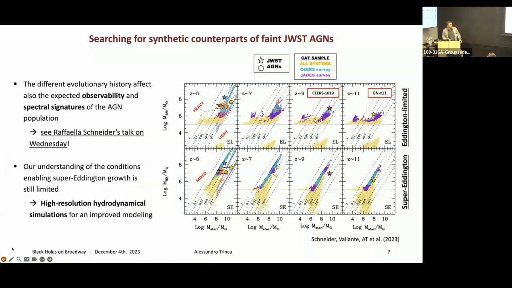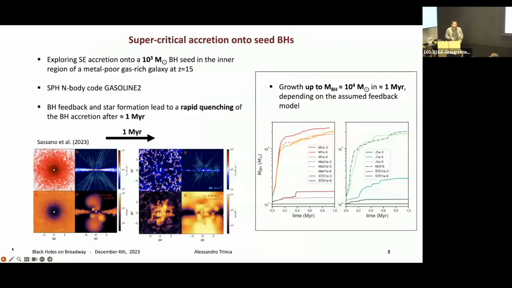But what I want to stress here is that a proper modeling of this brief period of enhanced accretion is crucial to try to extract as much information as we can from these few detections at very high redshift, and still our understanding of the conditions enabling this potential super-Eddington growth is limited. So we want to rely on high resolution hydrodynamical simulations to try to exploit the synergy between them and semi-analytical models. And concerning that, in my group, in this work,